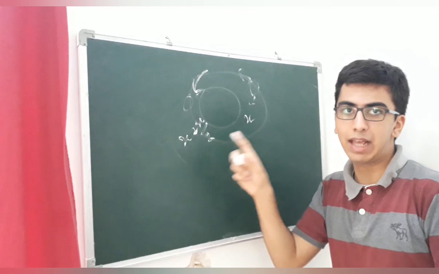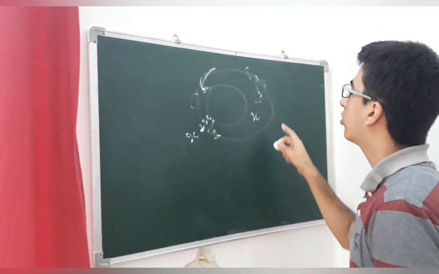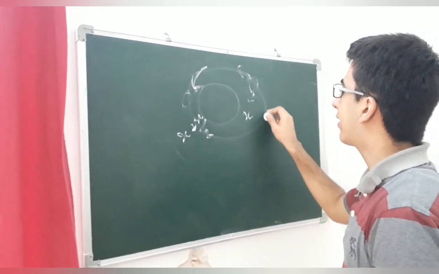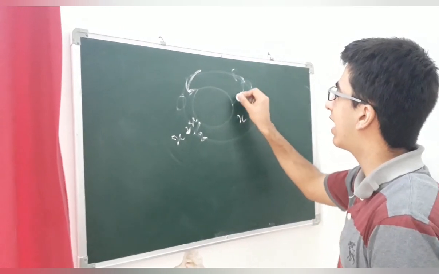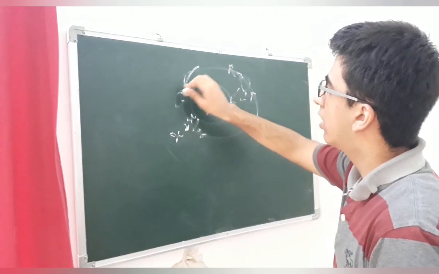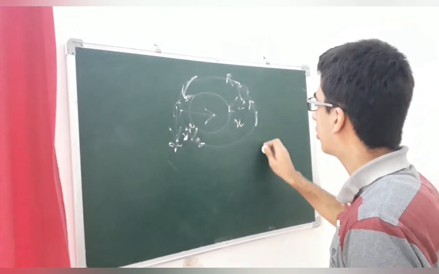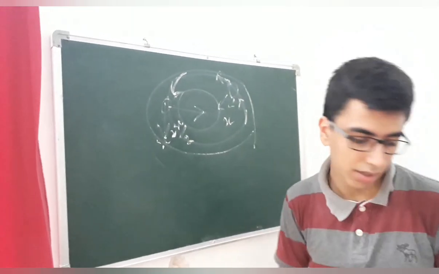This is not accurate, I'm just giving an example. So x plus x by 2 and x. Over here this will be much slower, so the centripetal motion will be much slower because the gravity is less. So this will also be less. And over here, since the gravity is higher, the speed will also increase. So the moon just goes around, like it goes slowly over here and then it zooms around the earth and then it goes slowly again.